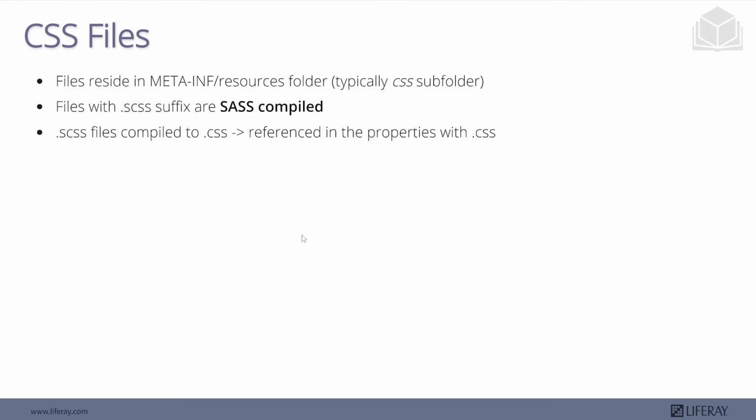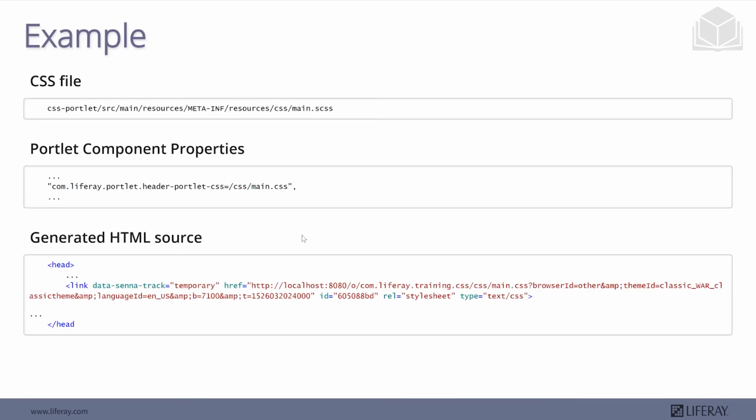Now, if you're using CSS files as SCSS, then these are going to be Sass compiled. So SCSS files compiled to CSS are going to be referenced in the properties with the .css. Right. So an example here, right? We have our main CSS file called main.scss, right? So even though the CSS file is SCSS, in the component annotation within the property, we still declare it as a .css file, right? And then the generated HTML code for whatever it is that we use with that SCSS